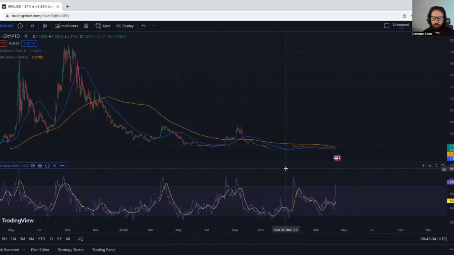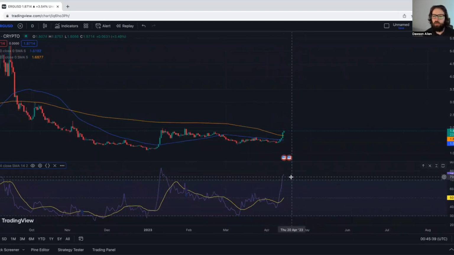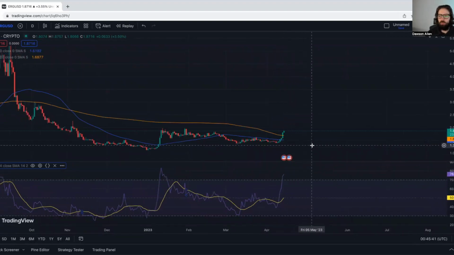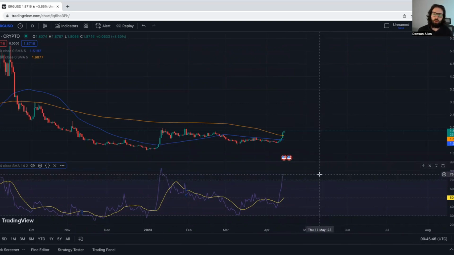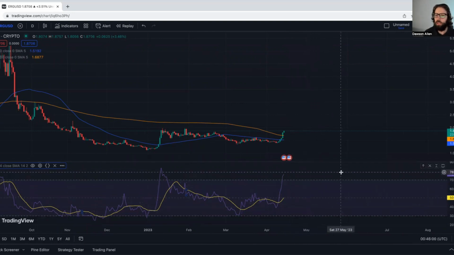Now, one thing I want to point out right here is we today are massively overbought, all right? If you are not familiar with the RSI, when you get above 70, that means that you are overbought. And if you're a trader, technically you should be selling your asset. If you get below 30, you are oversold. And as a trader, you should be buying the asset in expectations that it comes back up to 40, 50, 60, 70, and then overbought again. So today we are crossing over the overbought territory, which is a big signal not to buy more in traditional